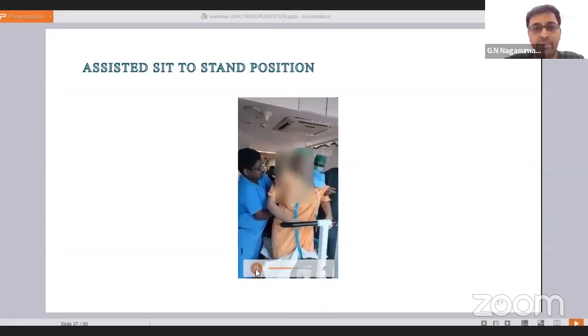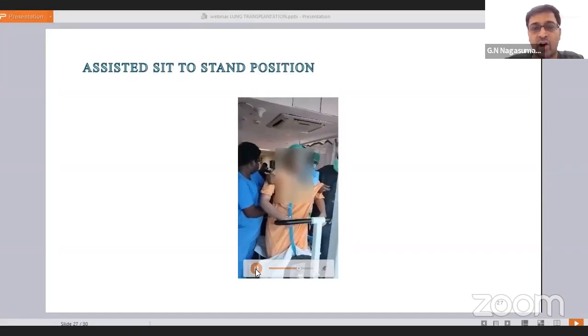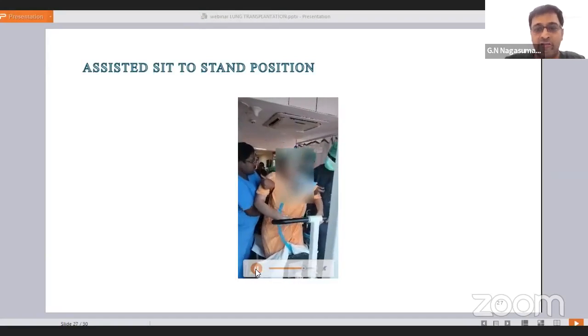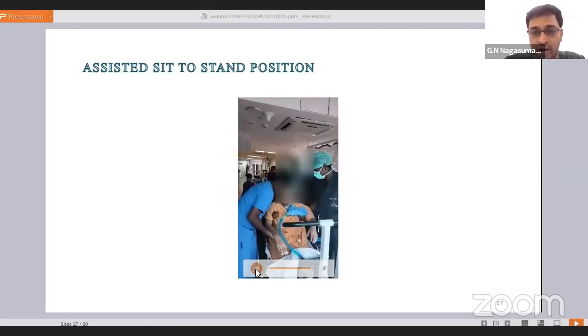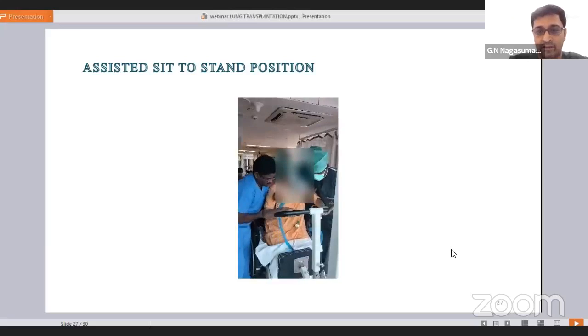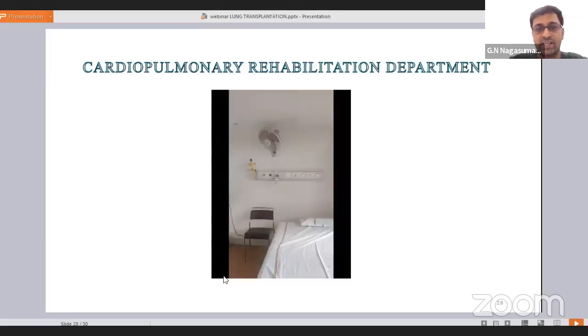Our therapist will be reassuring and continuously giving confidence to the patient, and talking about the success stories of past patients. So they really cooperate well. Just treating the patient without talking to them definitely doesn't give effective outcomes. Interacting with the patient, telling success stories, and the anesthetist, pulmonologist, and transplant surgeons continuously being involved all lead to better outcomes.